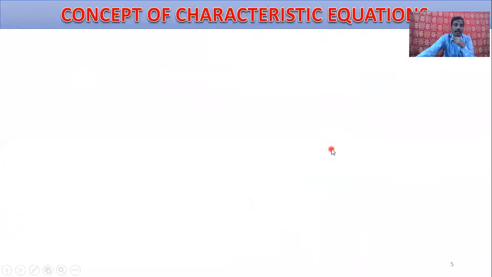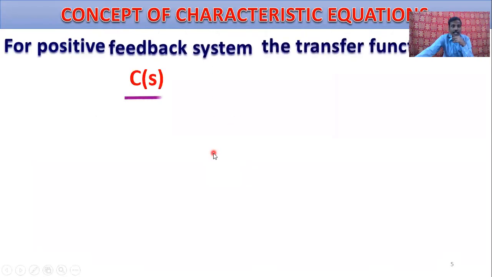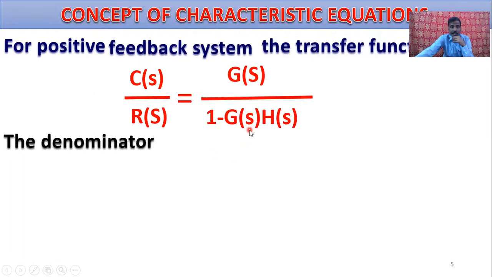Then the concept of the characteristic equation. What is the characteristic equation? For a positive feedback system, the transfer function C(s)/R(s) equals what? G(s)/(1 - G(s)H(s)). So the denominator term, 1 - G(s)H(s) = 0, is called